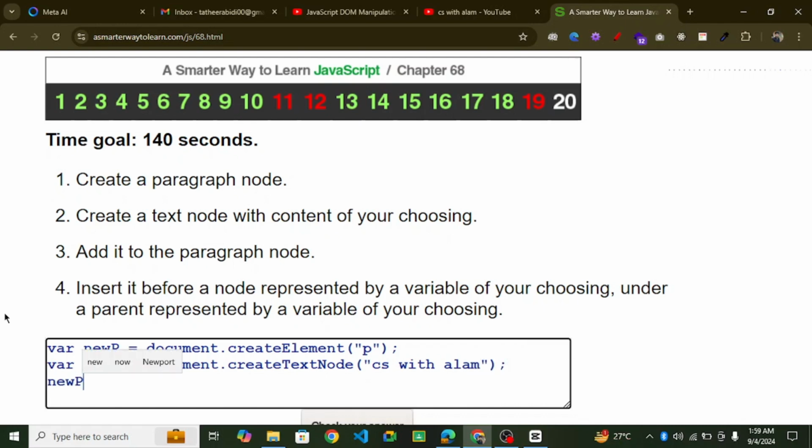Now new p dot appendChild of what? AppendChild of new t, semicolon,